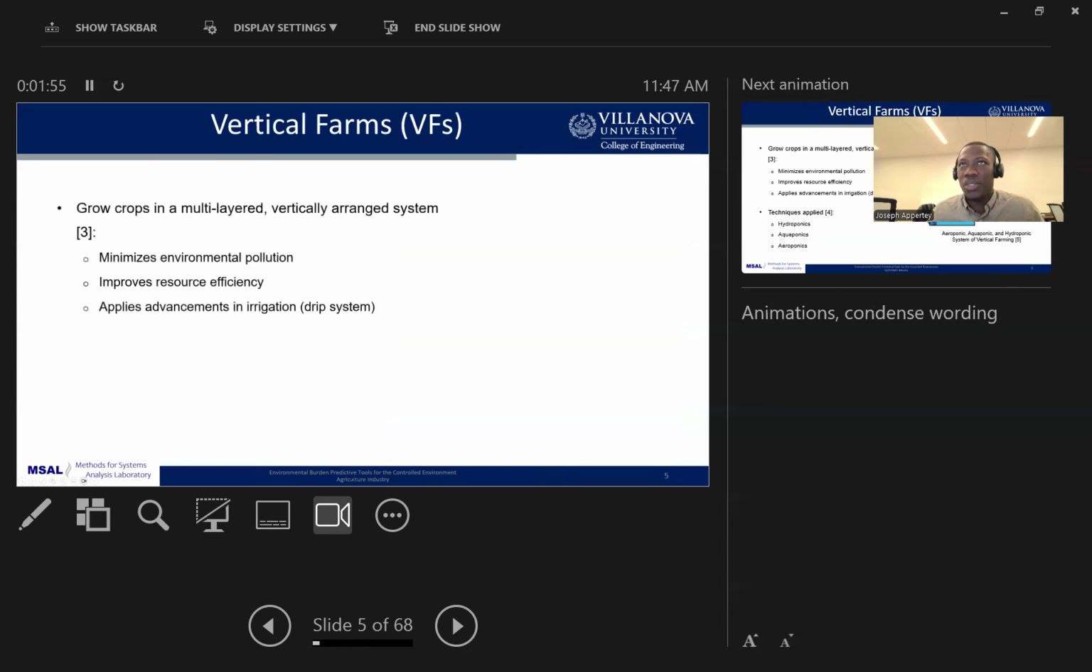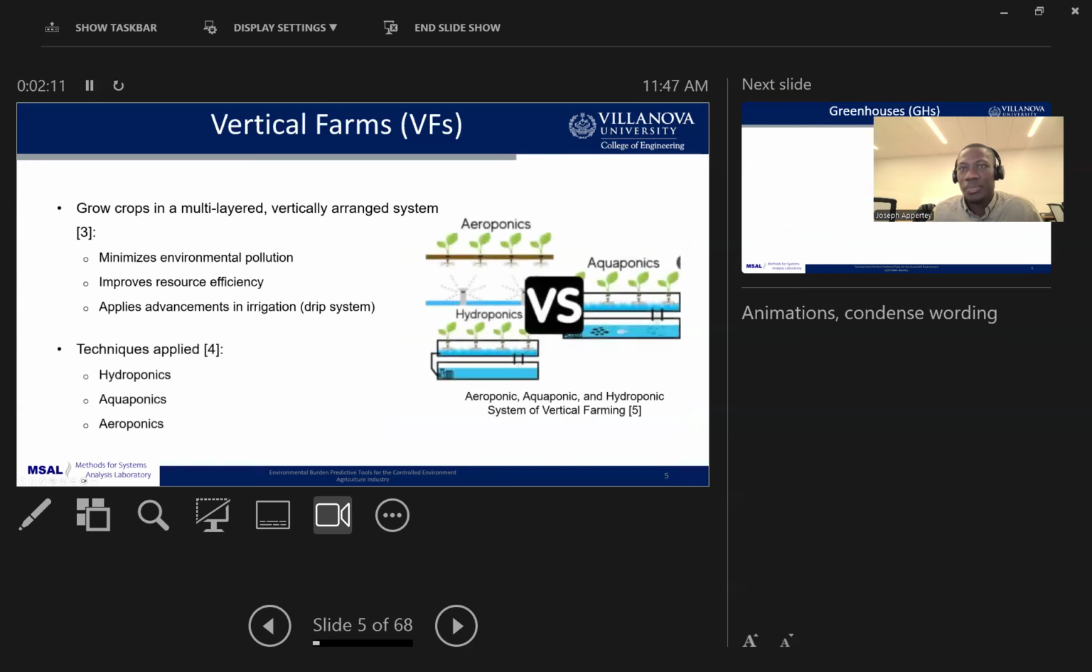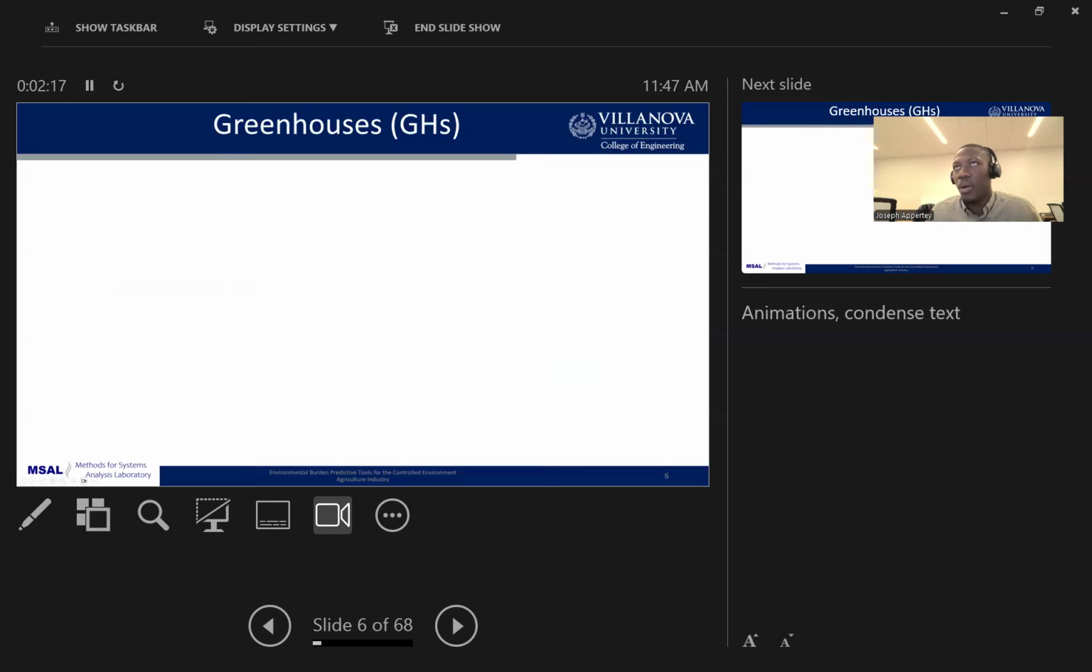So with the vertical farms, we say it's a system of farming whereby plants are grown in a vertically arranged system to minimize environmental pollution and also improve the resources available by applying an advanced system of irrigation, which is a drip system. And the various techniques that are being applied include the hydroponics, the aeroponics, and then the aquaponics system